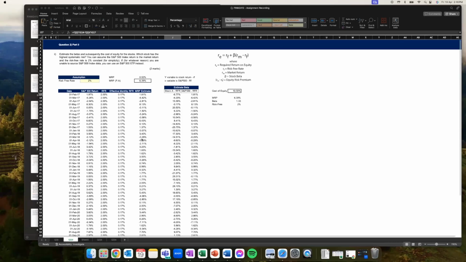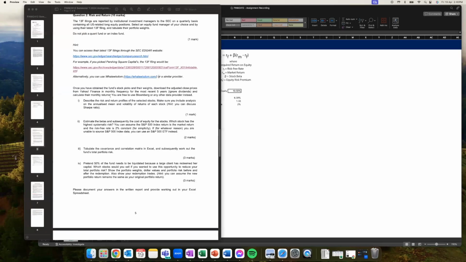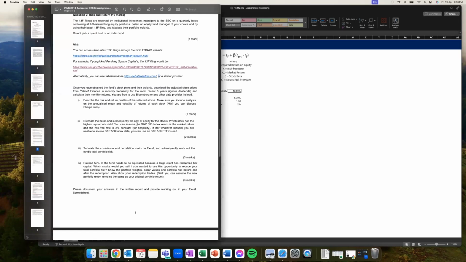Cool. All right, we'll move on to part 2 of question 2. So the question reads, estimate the betas and subsequently the cost of equity of the stocks. Which stock has the highest systematic risk? You can assume the S&P 500 index return is the market return and the risk-free rate is constant at 2%